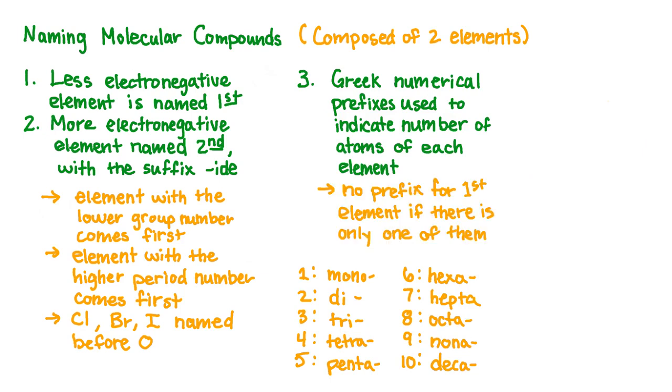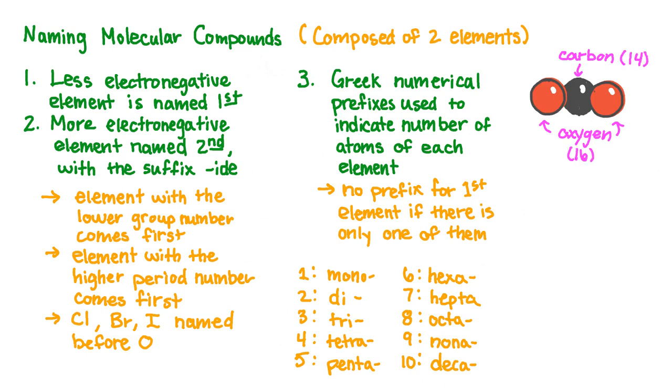However, we don't include the prefix on the first atom if there's only one of them. So now that we know these rules, let's try naming a molecule to get some practice. Let's take a look at this molecule, which is made of one carbon atom and two oxygen atoms. Carbon is less electronegative than oxygen is, and it's found in group 14 of the periodic table, while oxygen is